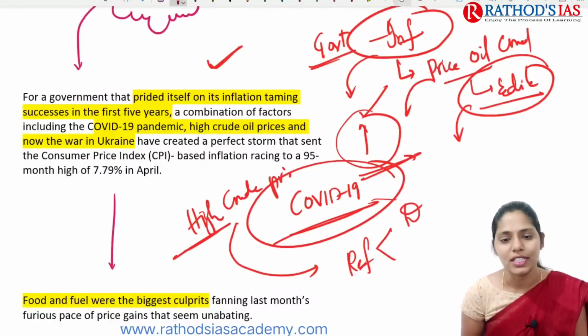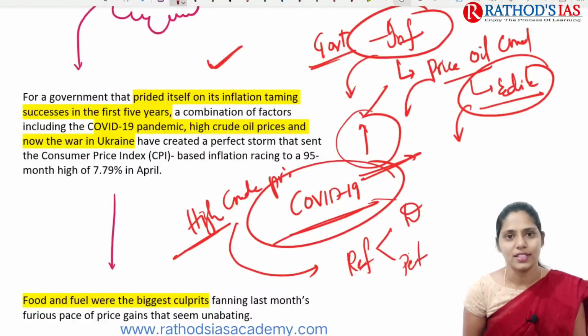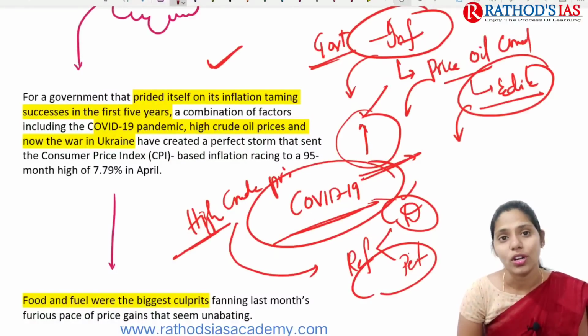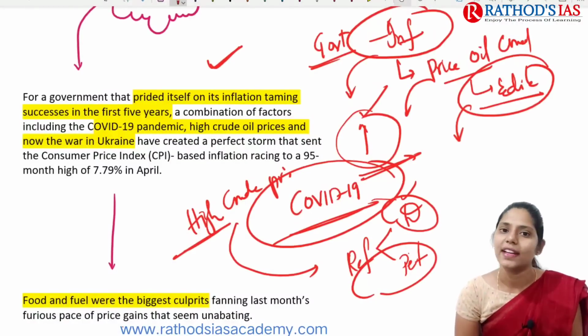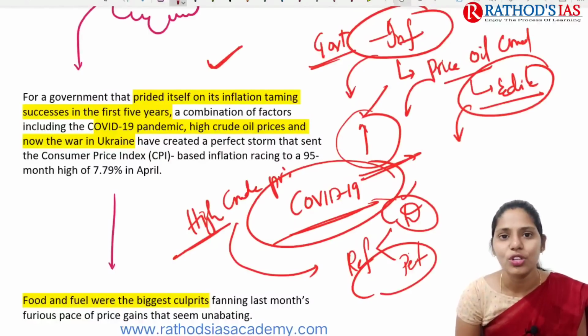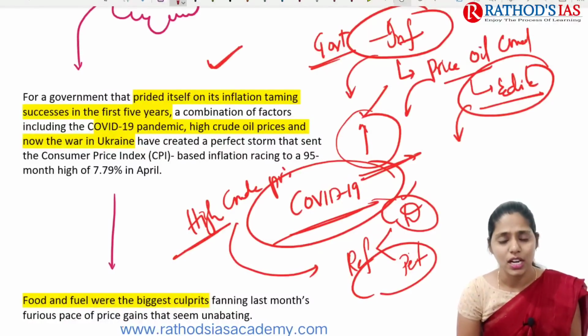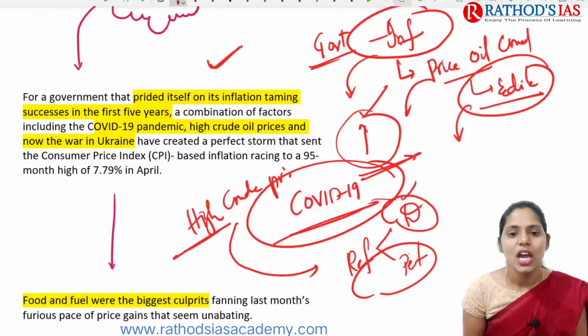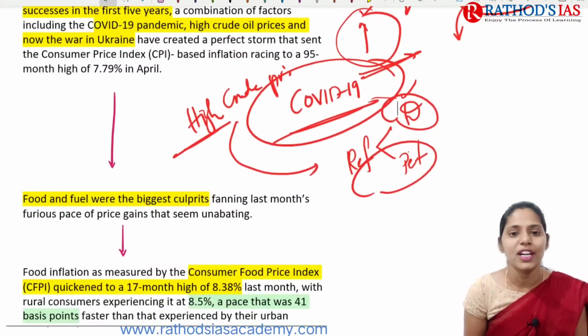For example, let us say diesel, let us say petrol, etc. So diesel is one of the important fuels, mainly used for logistics, right? For the transportation purpose and for maintaining cold storage, everything we will be using this diesel. So an increase in diesel price will automatically lead to an increase in the price of goods in the market, right? And even because of this Russia-Ukraine conflict,